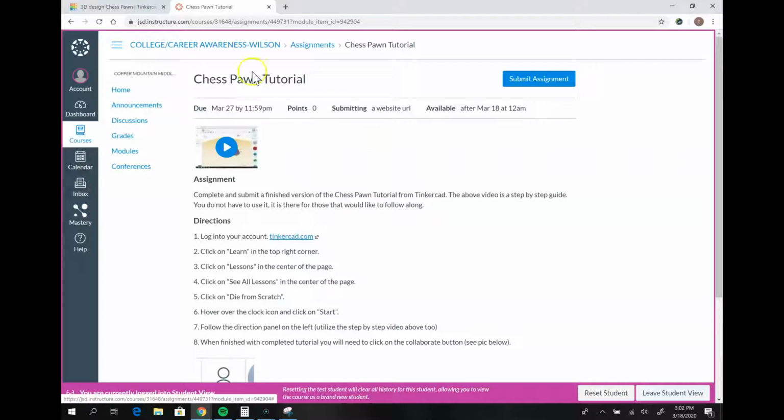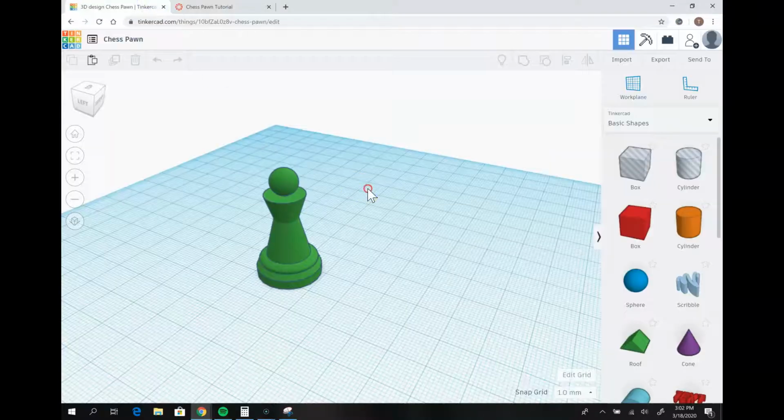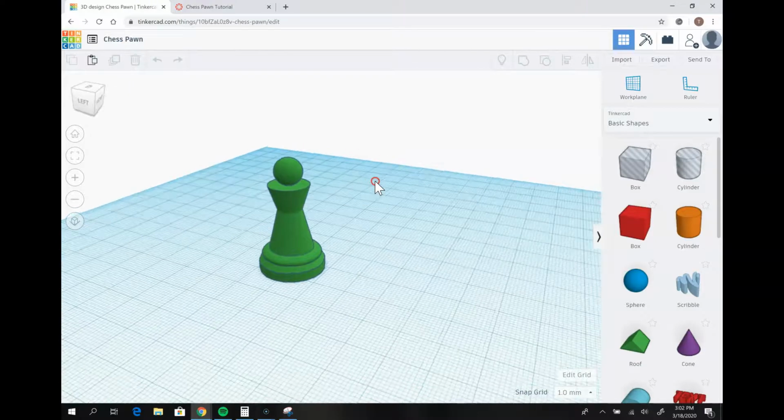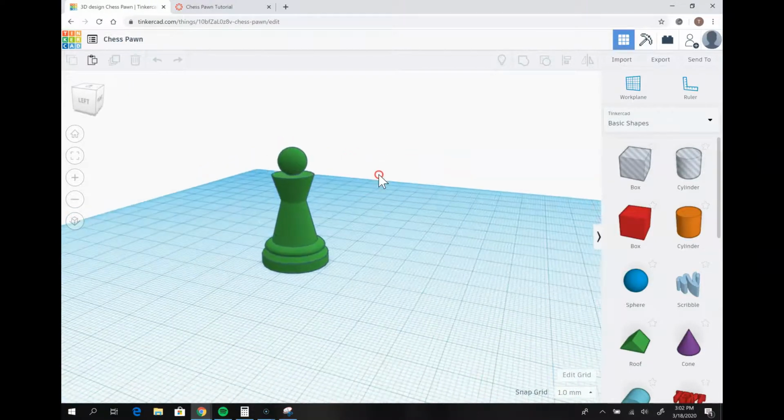So let's say we're doing the chess pawn tutorial. We've just completed the chess pawn tutorial in here, and I just need to be able to check this off with you to make sure that you followed the steps correctly. And so what you're going to do first is up here in the top right corner, there's a little button